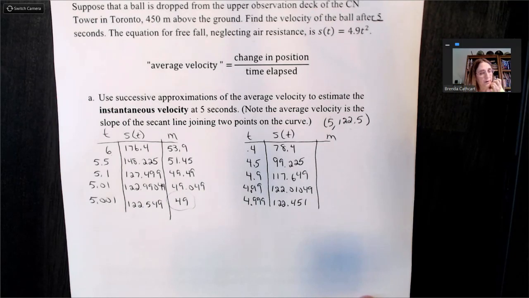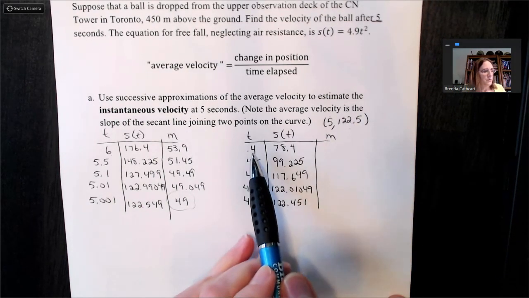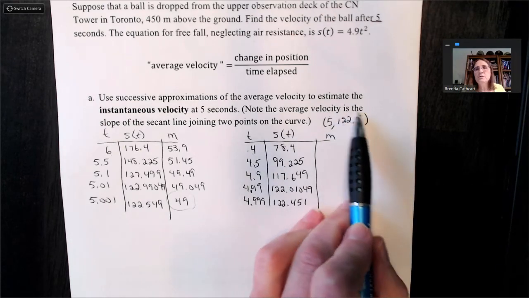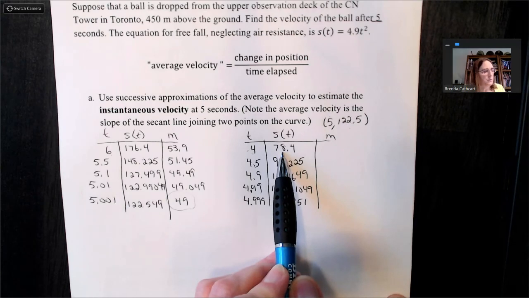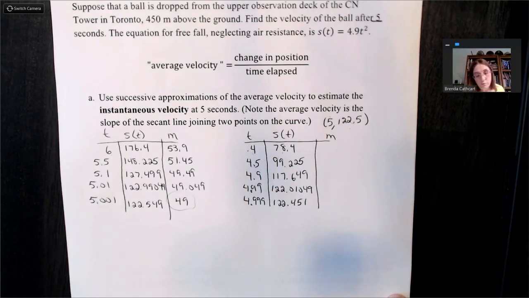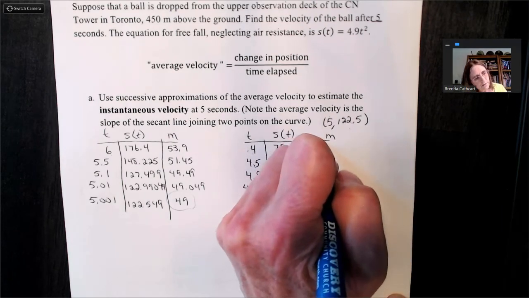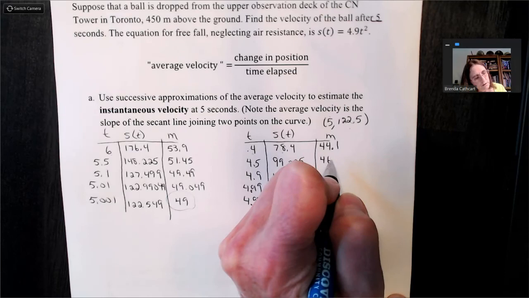Again, slope is found by change in position. So from 4 to 5 seconds, our change in position is 122.5 feet minus 78.4 feet, all divided by an elapsed time of 1 second. And that turns out to be 44.1. Calculating these slopes,